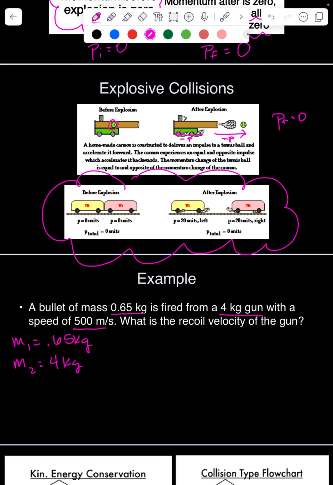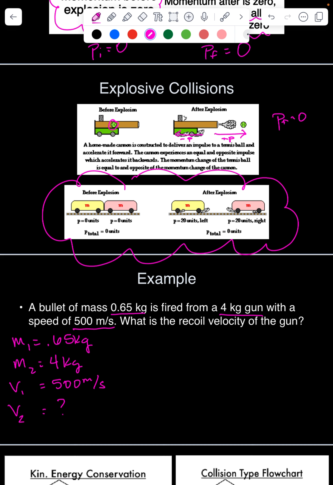With a speed of 500 meters per second. What is the recoil velocity of the gun? All right, so we are looking for the recoil velocity of the gun. So we know that this was a velocity for the first one, but what a lot of people miss is